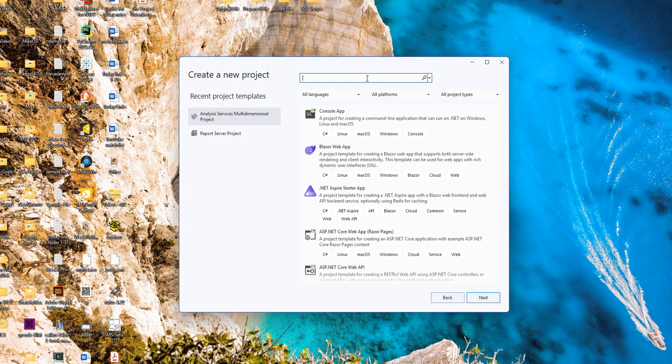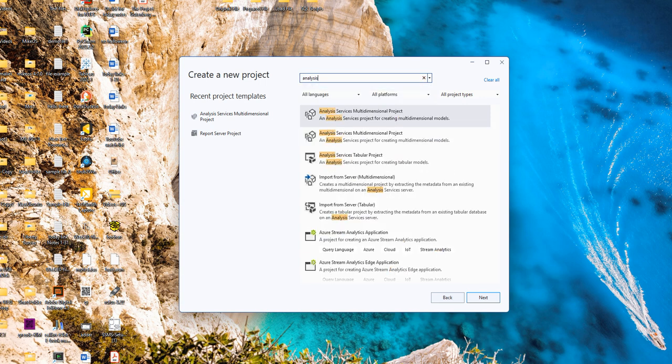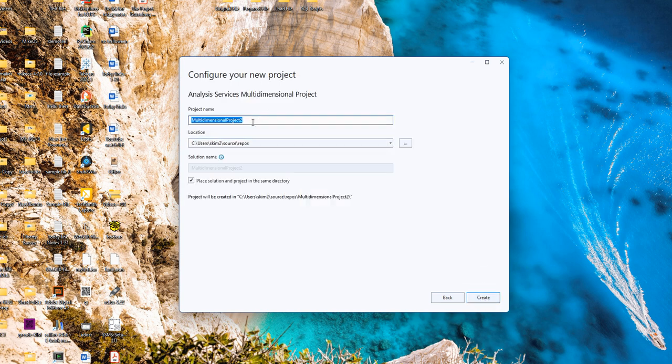I'm going to type in analysis. I'm going to pick the first one. I'm going to click next. I'm just going to accept the default name, and now it is a project 2. But you should type it something like Kim or whatever, right? I'm not going to do that here. I'm just going to be consistent in accepting the default, but you should add your last name here or something like that. I'm going to create,